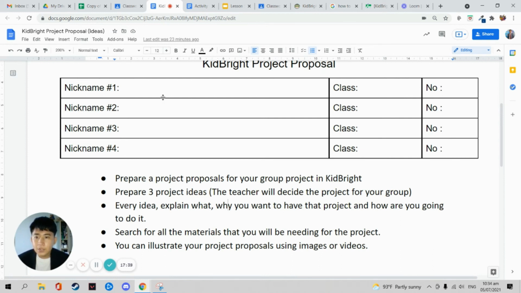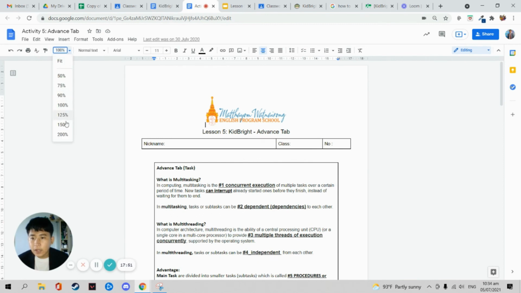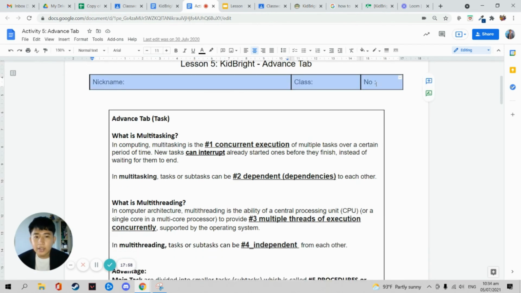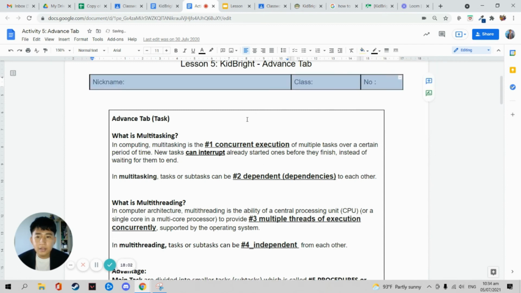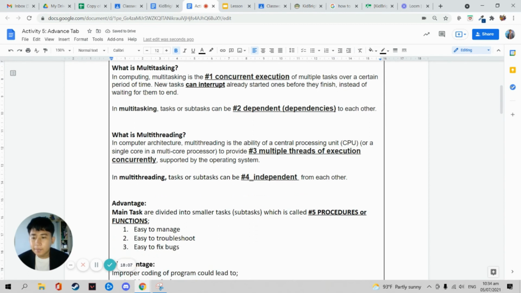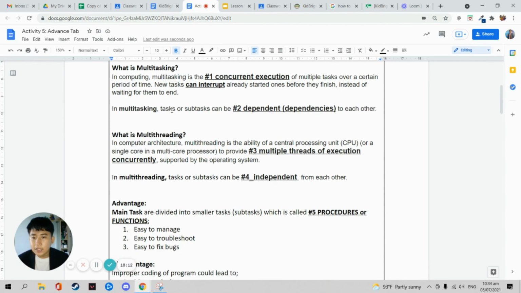Okay, so that's what you're going to do for this day. And for your individual activity, guys, of course, I've prepared an activity for you for KidBright programming. So just put here the nickname, class, and number of yours. Okay, and then here on the advanced tab, I have definitions and details on what is multitasking and what